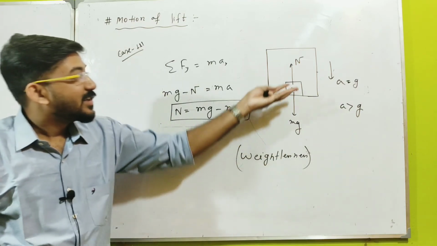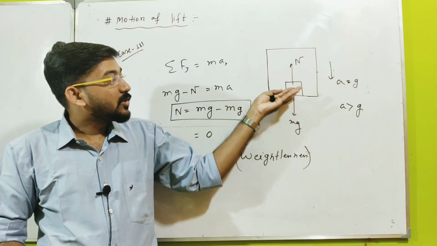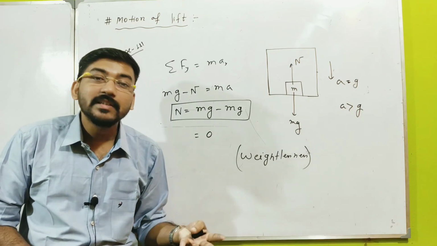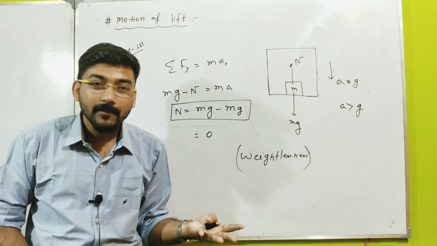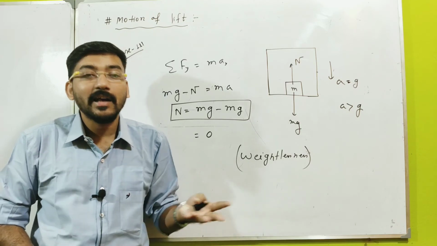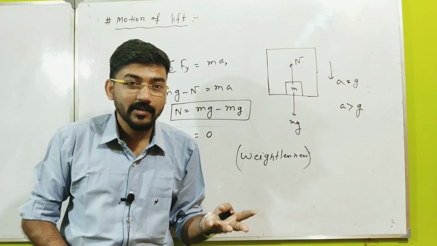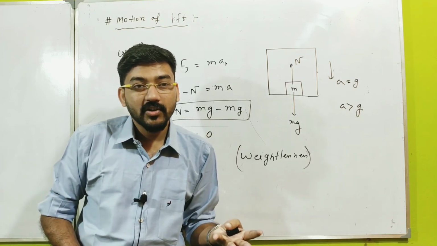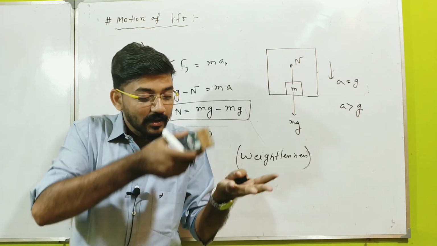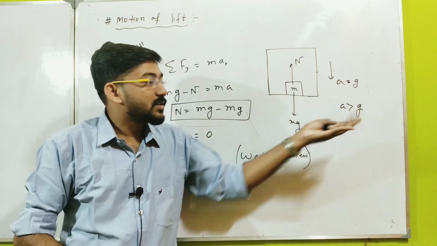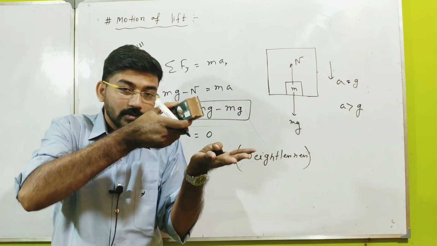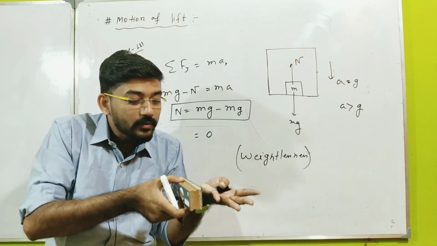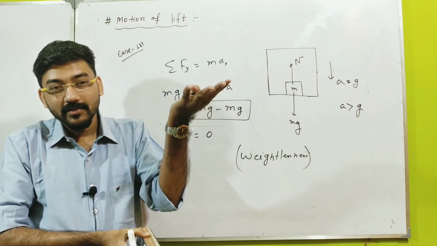Can you imagine? If the object is in the air within the lift, then the object is moving downwards with acceleration g, simply free falling, because it is now in the air. There is no interaction between the lift and the object. So the object will move freely with gravitational acceleration g equal to 9.8 meters per second squared. But the lift has an acceleration more than g, so the lift will move faster than the object. So what will happen? The object will touch the roof of the lift.